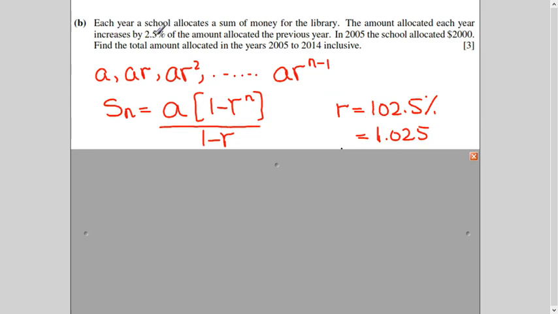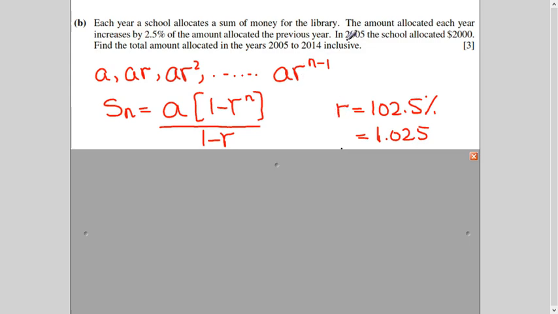Sometimes students get confused. Okay, it is 2.5, why are we writing 102.5? Because it is increasing. So if you remember your basic concept of percentage, 100% is the actual thing. So when there is an increase, we add to 100. When there is a decrease, we subtract from 100. If I had here, for example, a 2% decrease, I would have taken 98%, right? So this is linked to the basic concept of percentage.